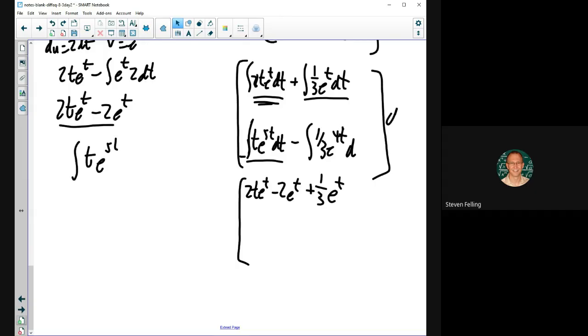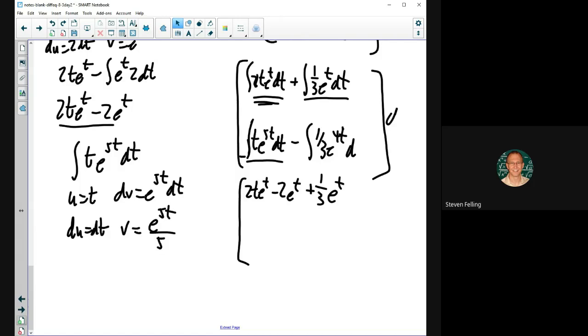T e to the 5t dt. We would set u equal to t, dv equal to the e to the 5t dt. So du would be equal to dt, and v would be the copy, but divided by 5. So we're going to have uv. So that's 1/5 t e to the 5t minus integral of v du. So that's going to be a 1/5 e to the 5t dt. So that's going to be,